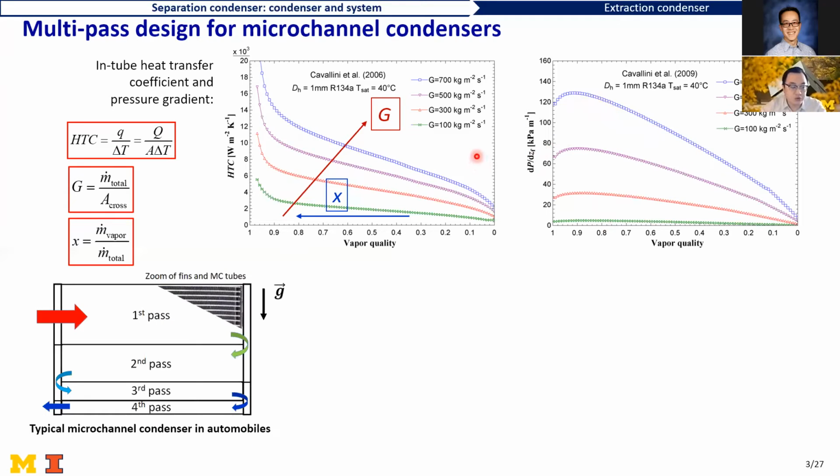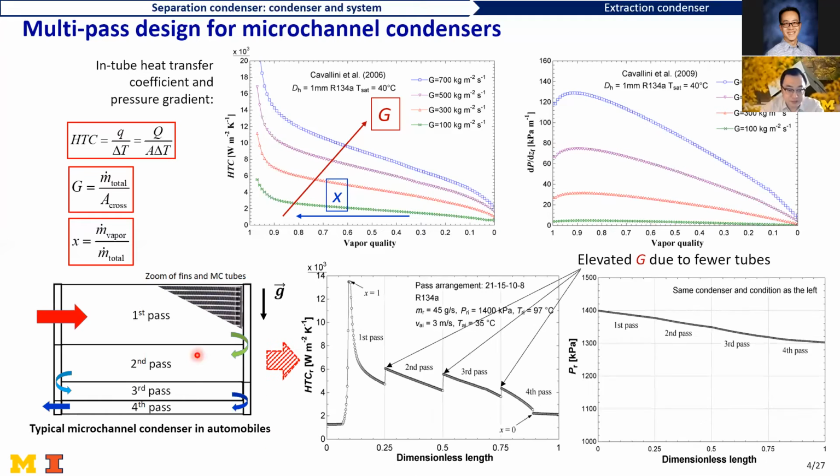So with these two fundamentals in mind, let's look at a typical macrochannel condenser for automotive air conditioning systems. This is a 4-pass macrochannel condenser, and each pass means multiple parallel macrochannel tubes brazed together by the louver fins. We name that as one pass, and we can see the heat transfer coefficient at the entrance